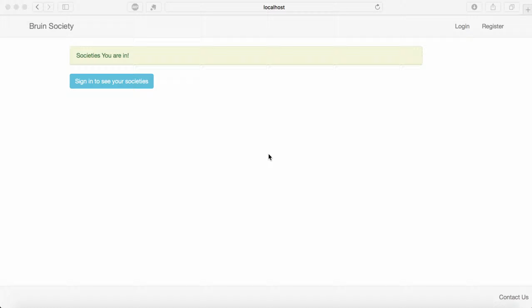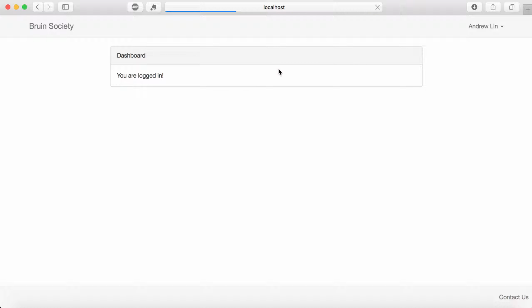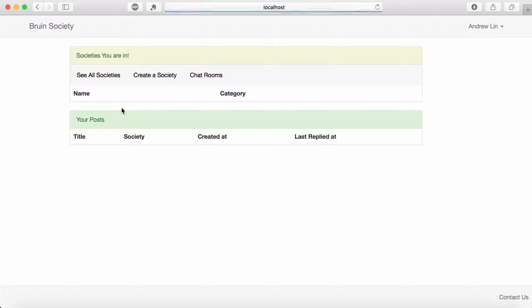So when we start out, we're in a home screen for users who aren't currently signed in or registered yet. So we're going to start out by registering. And when a user registers, they enter a bit of information about themselves. And then once they've signed up, they can go back to the home screen, and then this time they will see their